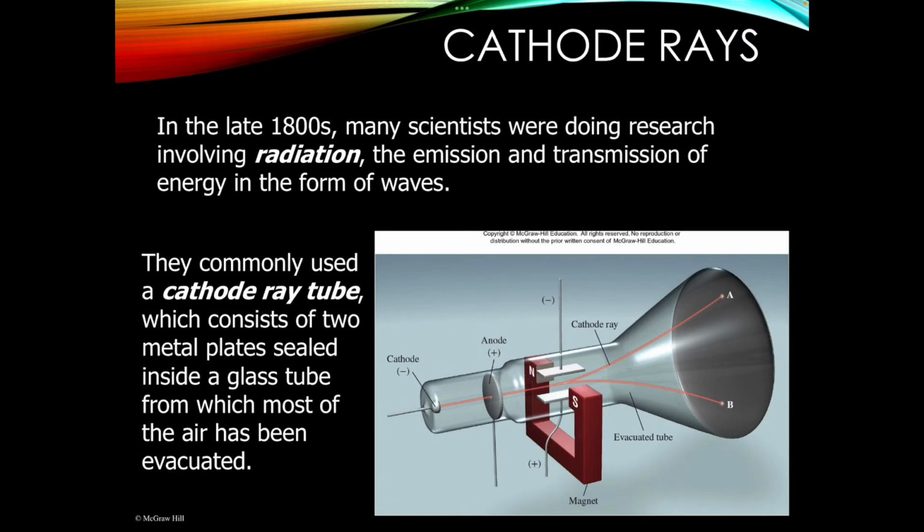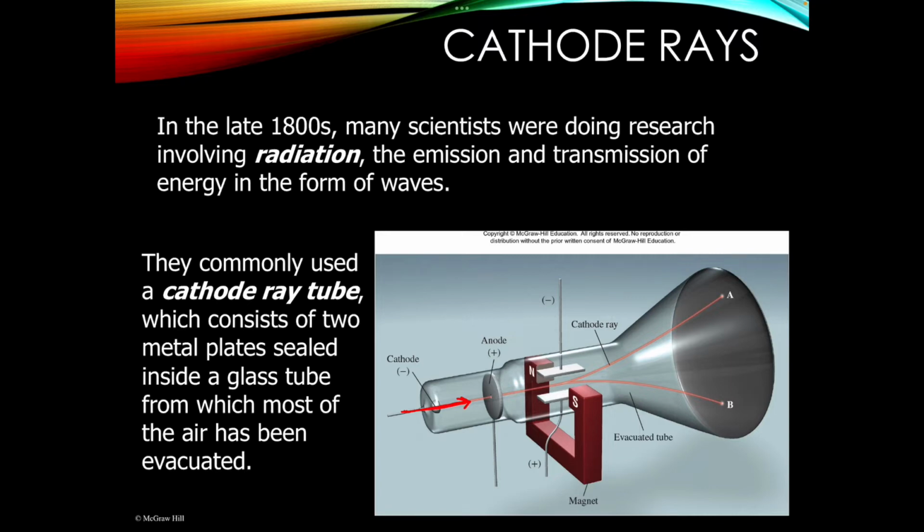So like I said, they were doing some experiments with electricity and also some experiments with radiation. And multiple experiments actually used these cathode ray tubes. I don't need you to know a lot about these cathode ray tubes. I'm just going to use it to explain how we knew there was charged stuff in the atom, essentially. The way it works is that we send a beam through, and the beam can either be positively or negatively charged. We're going to send a beam of either positive or negative stuff through this tube. And this tube has had all of the air sucked out of it, so there's literally nothing in there, not even air.